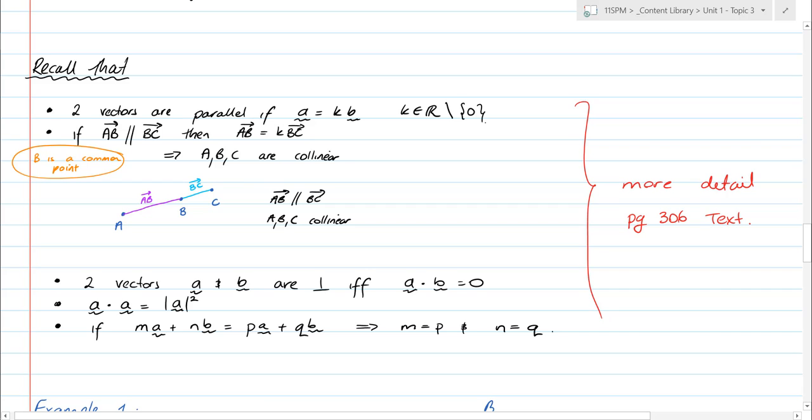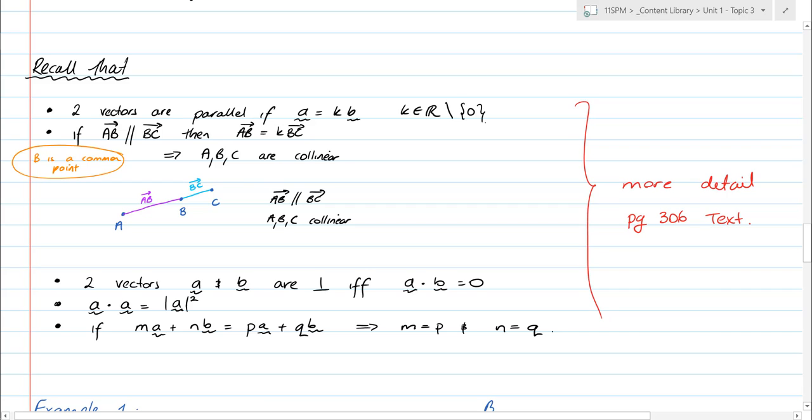Two vectors are parallel if vector A is equal to a constant times vector B. Then they're parallel. One's just longer than the other, but they're in the same direction because K, that constant, doesn't change the direction, it just changes the length. This is the same. So vector AB is parallel to BC. If vector AB is parallel to BC, then AB equals a constant times BC. Now it might be an enlargement, BC might be longer, but it might be shorter, so K might be less